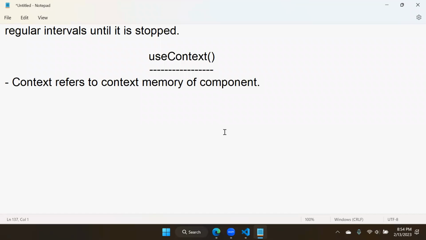Context memory is nothing but the memory allocated for a component and the memory that is available for other components which run inside that component. That memory is called context. That means context memory is nothing but